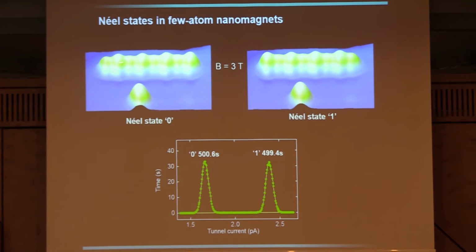Here I have a chain of 8 atoms. You see antiferromagnetic order. This is now a 3D image again: small atom, high atom, small atom. You can switch it, or it can switch on its own after some time: high, low. There are 2 things that are surprising here. One is, I just showed you that 3 atoms have a spin lifetime of the order of a microsecond, or a few microseconds. Now I added a bunch more atoms, and I'm talking about stable magnets. The other is that for this measurement, we had a field of 3 Tesla applied, and it turns out both